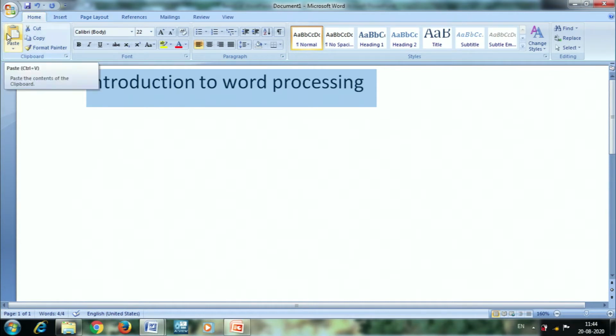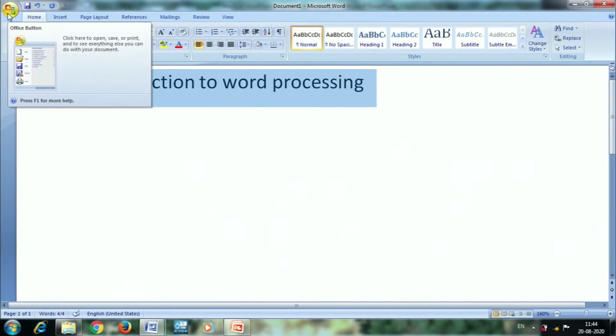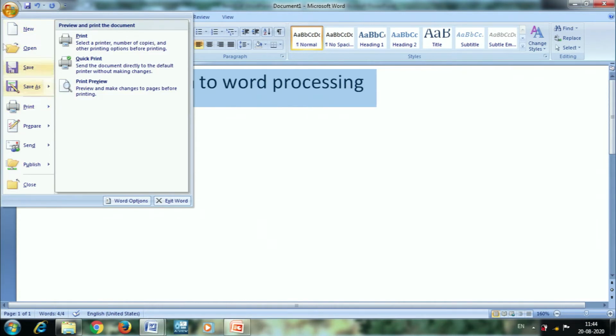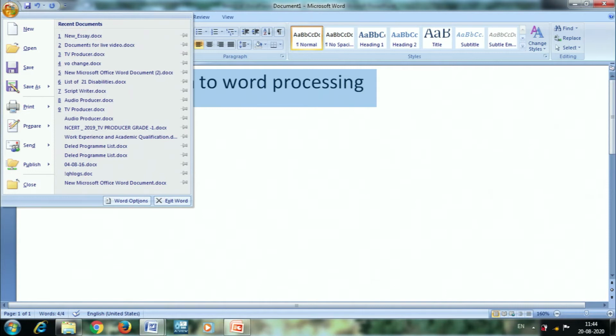So, once we have clicked Microsoft Word 2007, we got a new document. So, this is about creating a document. Suppose I want to save this document, what do I have to do? I have to click the Office button. If I click the Office button, I will have the options like new, open, save, save as. So, this button is called the Office button. If I click save here,